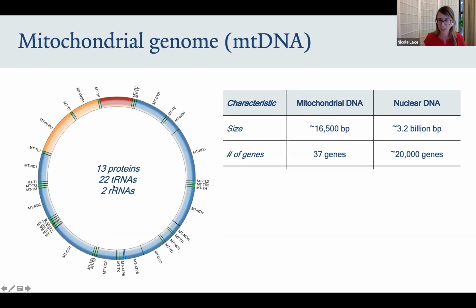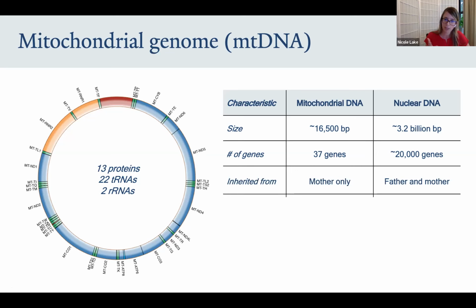So to start with a little refresher on this part of our DNA. The mitochondrial genome is a small circular molecule that resides, of course, in our mitochondria, and it encodes 37 genes, which includes proteins, as well as transfer RNAs and ribosomal RNAs. And these all have an essential role in mitochondrial energy generation. So the mitochondrial genome only encodes a fraction of our total genes, but I do want to reiterate the point that even though it's small, the mitochondrial genome has an integral role in human health and survival. And it's widely believed that loss of function of any one of those genes would not be compatible with life in the mitochondria.